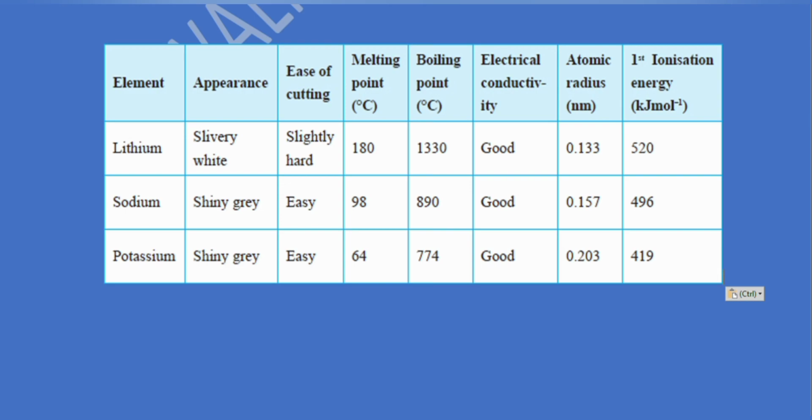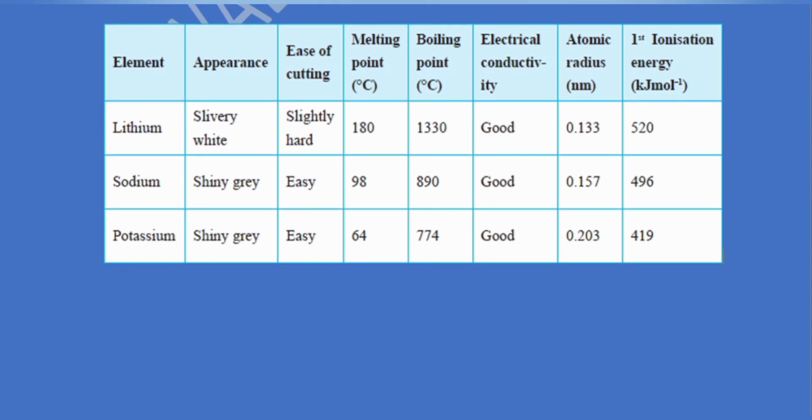When you look at potassium, it is shiny gray also, easy to cut, melting point of 64 degrees Celsius, boiling point of 774. It is good in electrical conductivity. It has an atomic radius of 0.203. Then it has ionization energy of 419 kilojoules per mole. So those are the physical properties of these